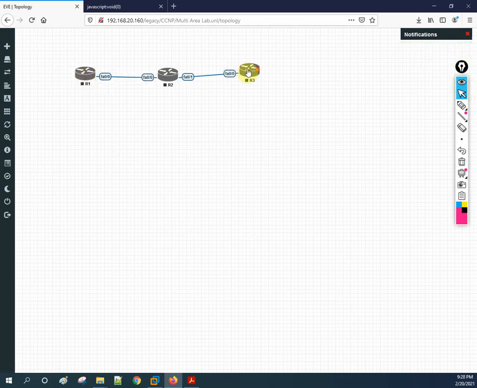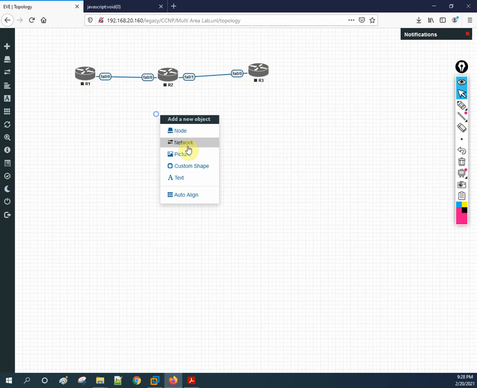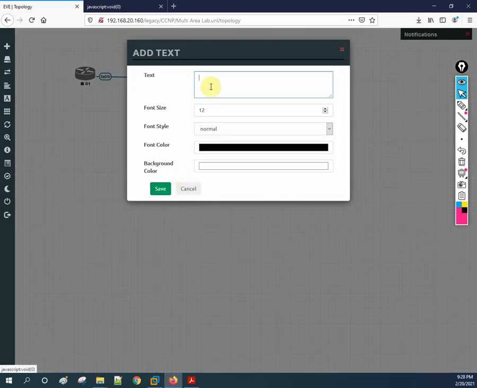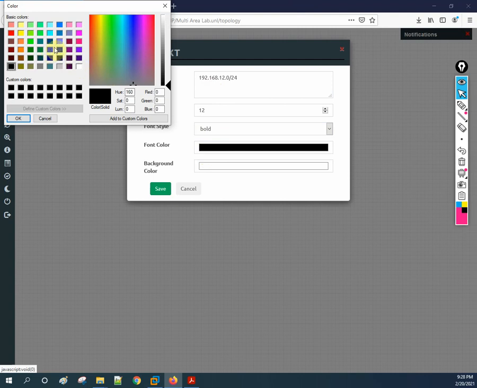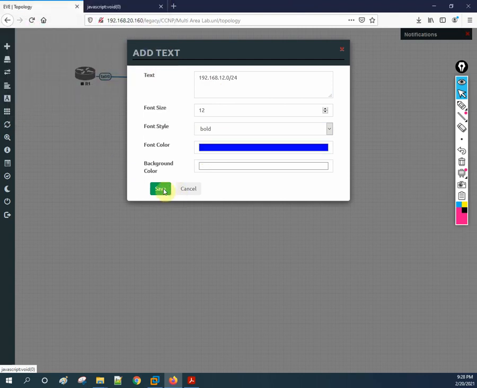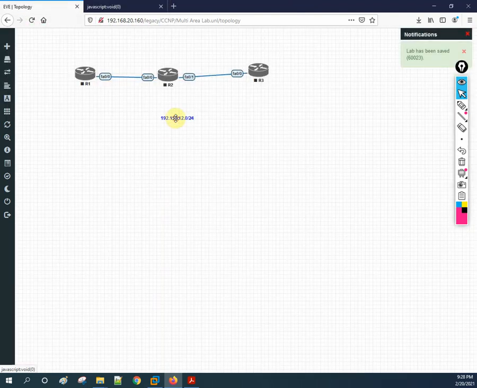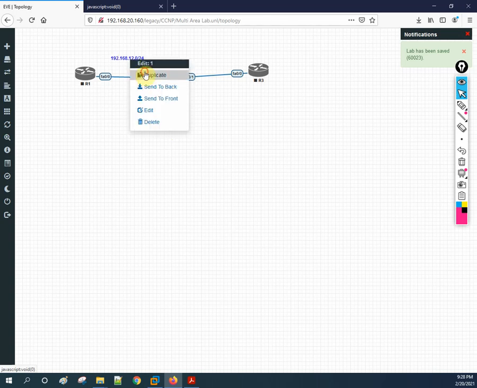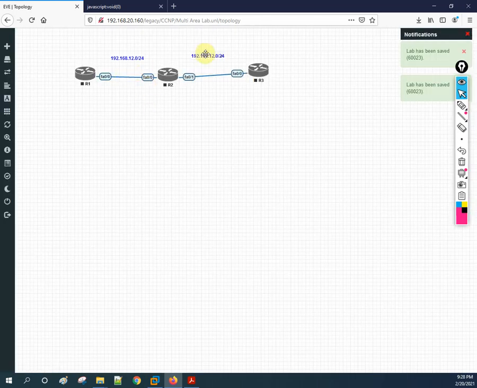Let me write the IP address here: 192.168.12.0/24. Let me make this bold and change the color to blue. I will duplicate this, and in this place, instead of 12, we will take 23.